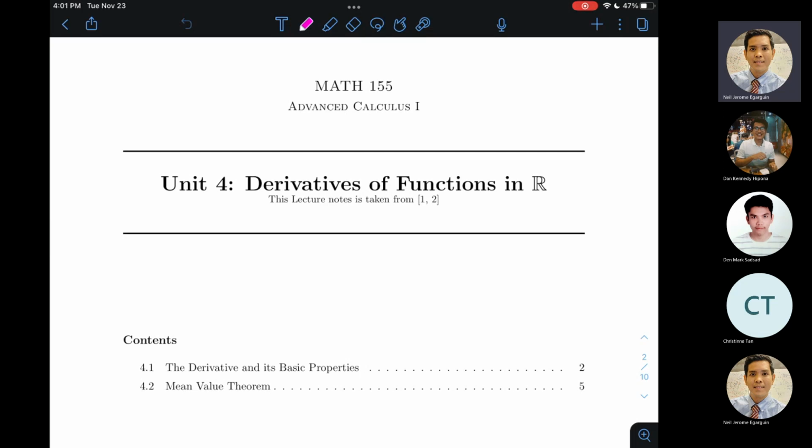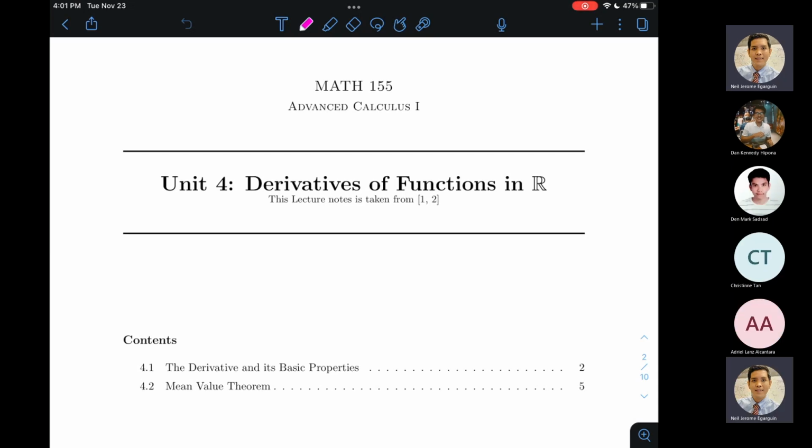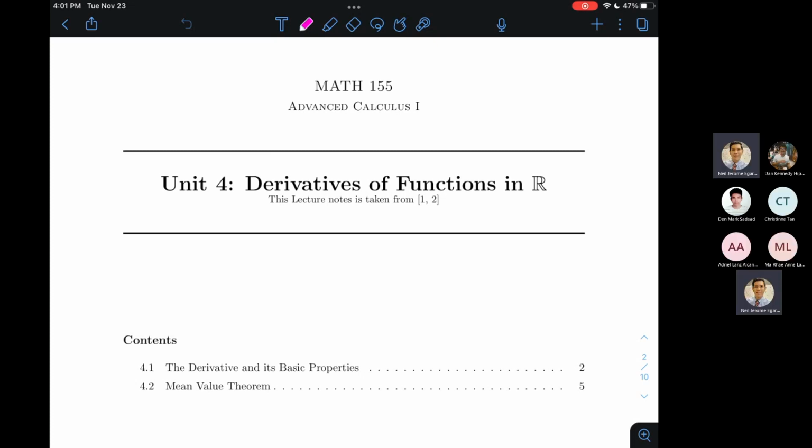So before we start, a quick reminder. We will have the third problem set tomorrow, November 24th. It will go live in Canvas at 8 a.m. And then the deadline is... hold on. Kailan nga ang deadline natin? Ang deadline ay November 29. So that's going to be on Monday, right before midnight. Tama ba? November 24th to November 29th yung problem set natin. And the coverage would be yung limits and continuity. So yung dalawang chapters na yun.